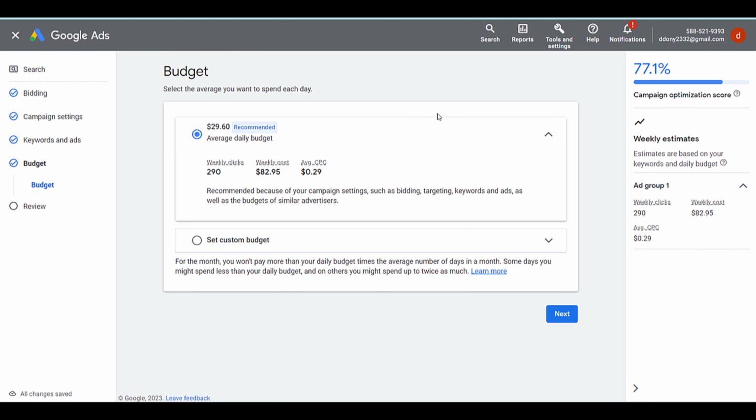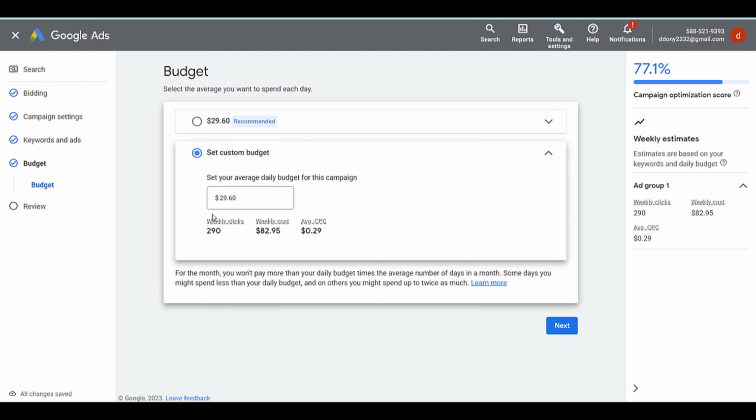Okay, this is a Google Ads budget recommendation, $29.60 recommended. But this is only a bid. You can set your custom budget to get more clicks.